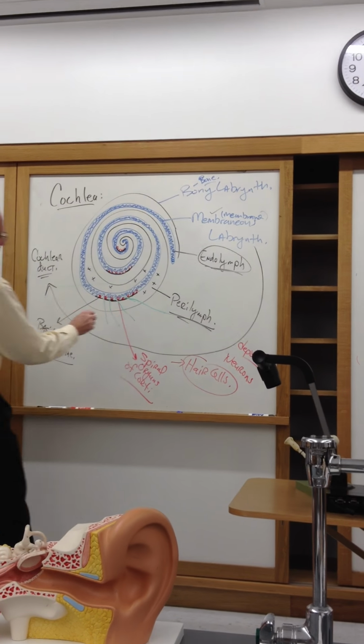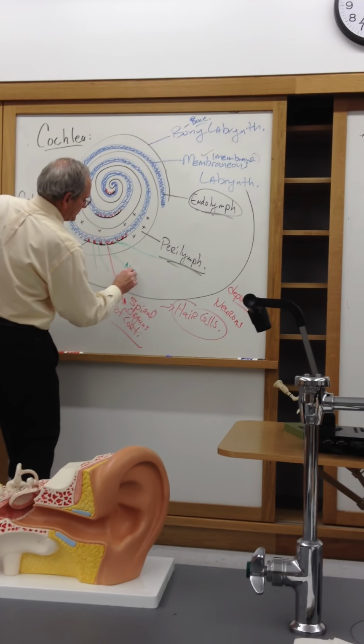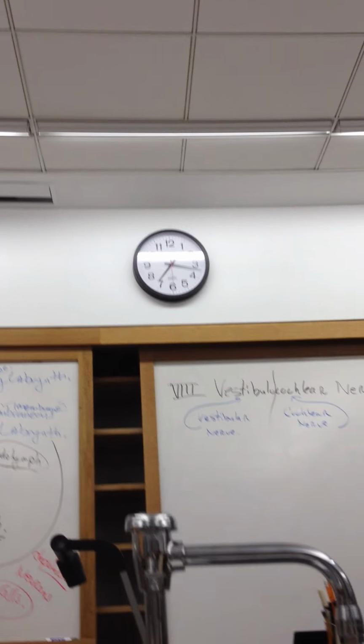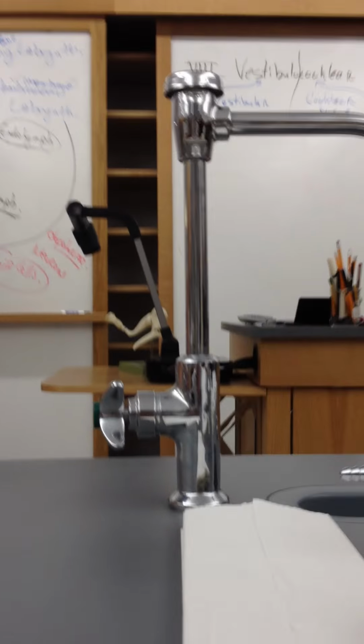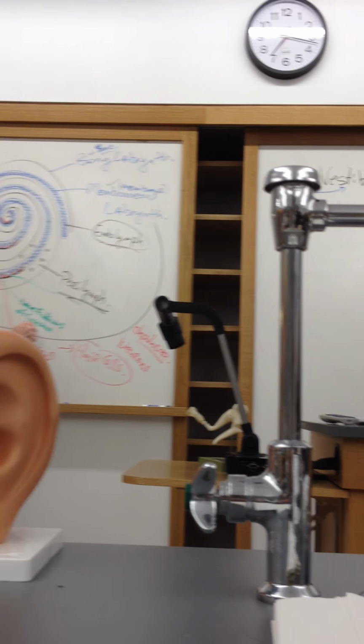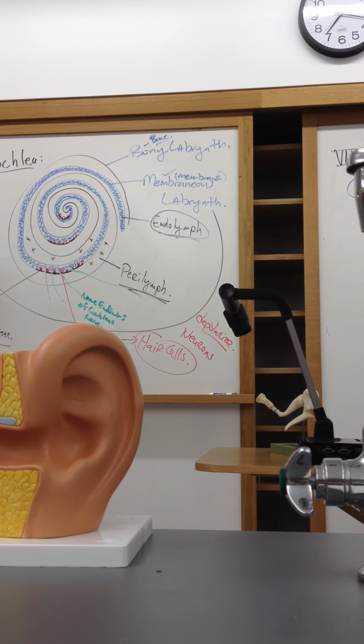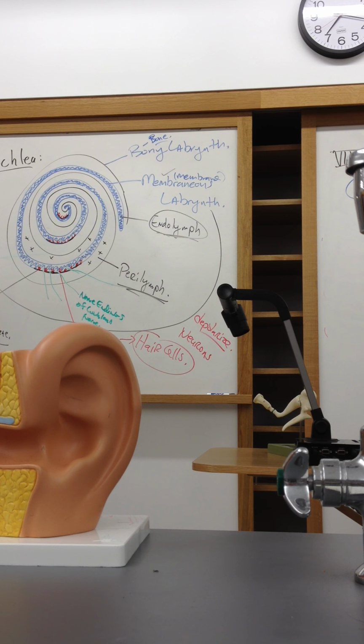So the nerve endings of the cochlear nerve come into the cochlea, and when the vibration comes through the middle ear, through the stapes, through the oval window, and vibrates